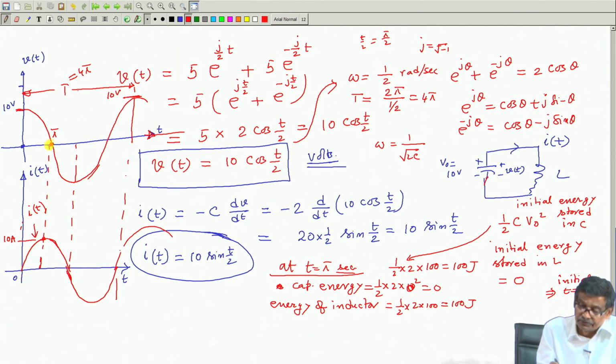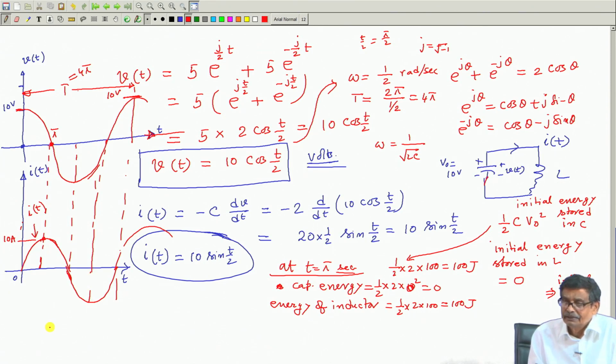When the capacitor energy was 0, the inductor had it. That is why the 0 crossing of the capacitor voltage will always tell you that the current in the circuit is maximum. Here also, this is the maximum current, plus 10, minus 10. Squared, if you make it, is plus. So this is also minus 10 ampere, it will be like this. So this is how things will continue forever. It is a very interesting circuit called a tank circuit, it will start oscillating once you start with that.